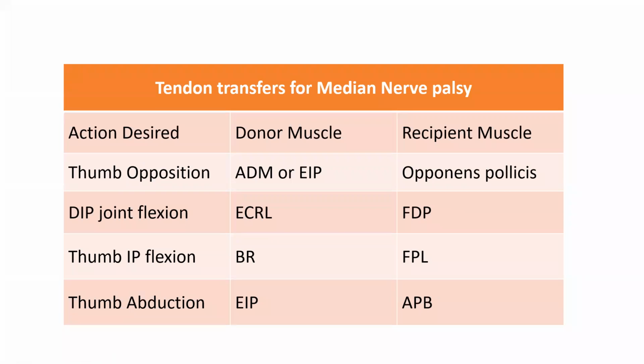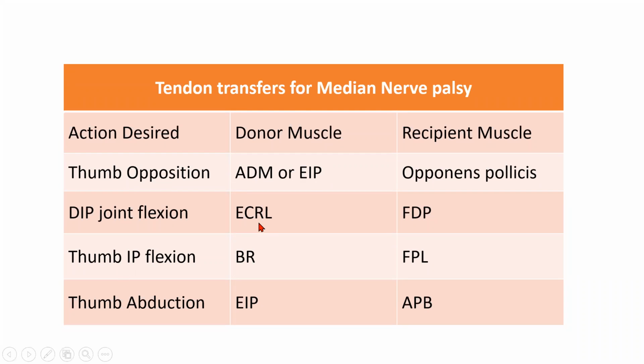Now, if there is a pure median claw hand, the ulnar nerve is still intact. The medial half of FDP will still be functioning. So what we can do is attach those tendons to the intact tendons. You can stitch the tendons supplied by the median nerve to the tendons supplied by the ulnar nerve. So, using the ulnar nerve alone, distal interphalangeal joint flexion can be achieved. But the problem here is, since it should contract all 4 fingers, some amount of muscle power is lost.